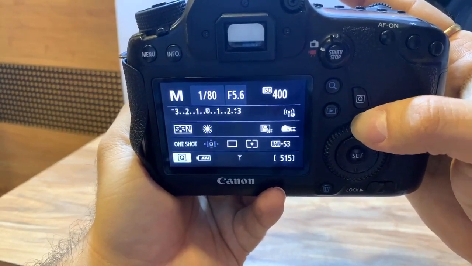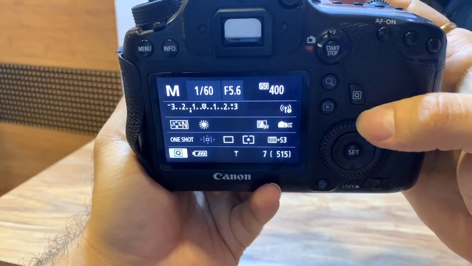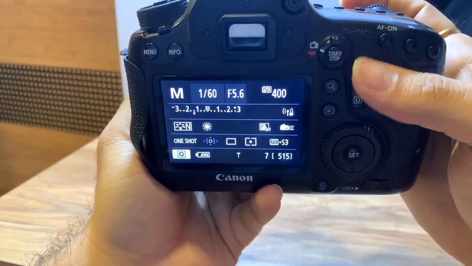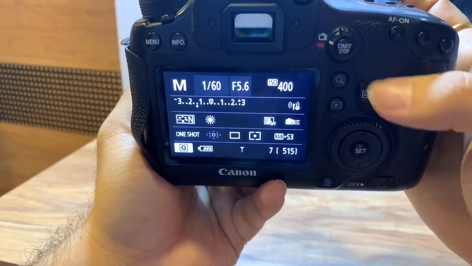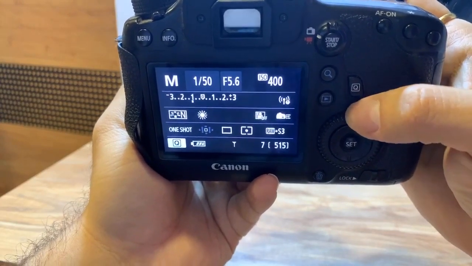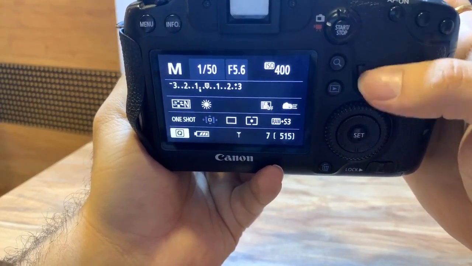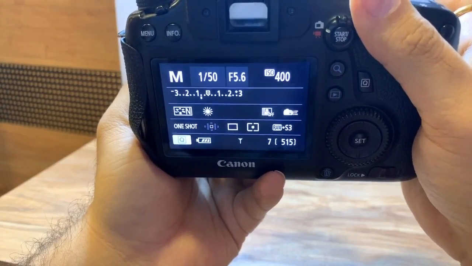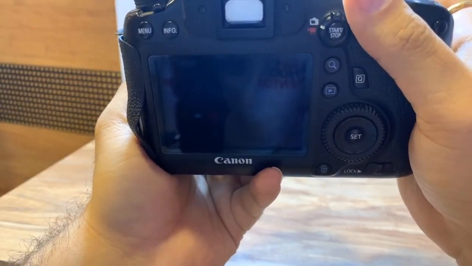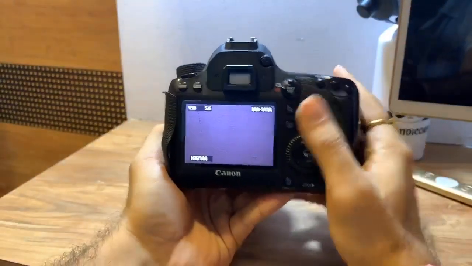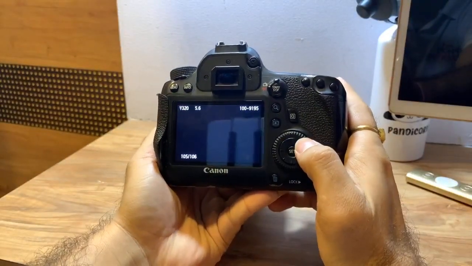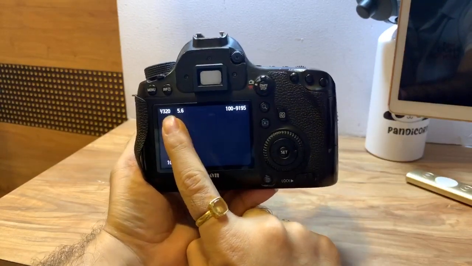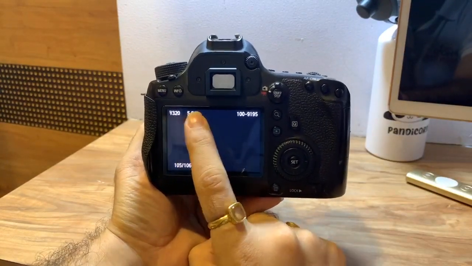But till what limit can I make my shutter speed slow? You can see even now my cursor is not in the center. Can you see that? So now I'm at 1/50. I'm almost in the center and I might get a good exposure, but it's slightly going to be underexposed. I took a shot and you can see the difference between the two. This is underexposed.